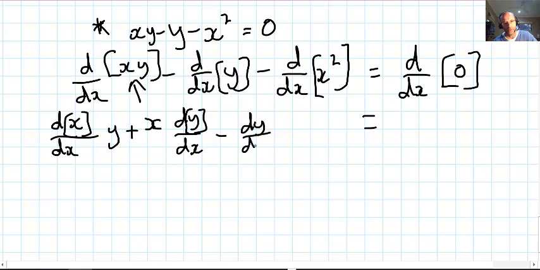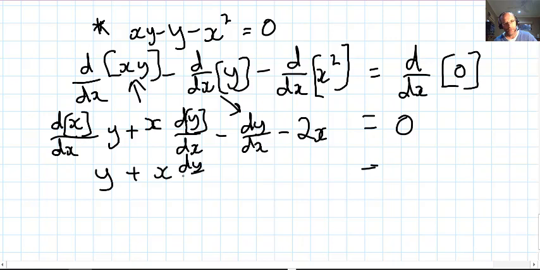We can just write that in as just plain dy/dx. That's this one here. It's not going to change now, and that one is 2x, and that is 0. Now we just have one y there, and x, we leave it as x dy/dx in the second term there, another term of dy/dx there,